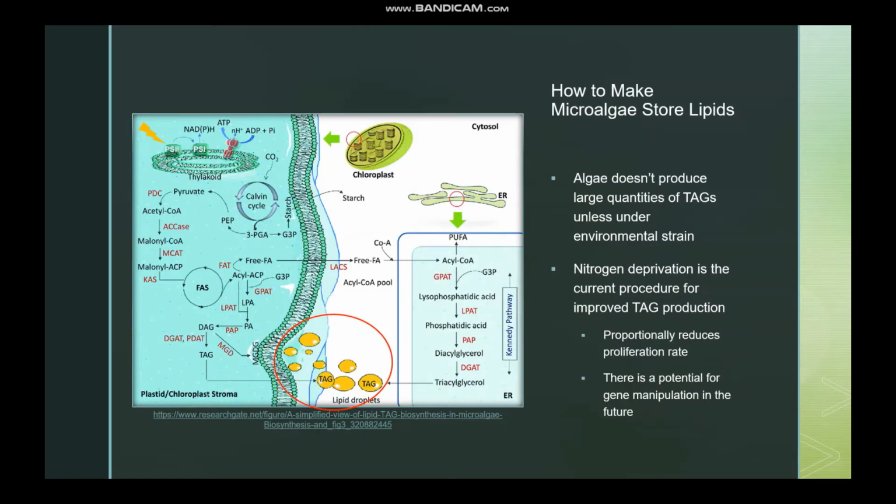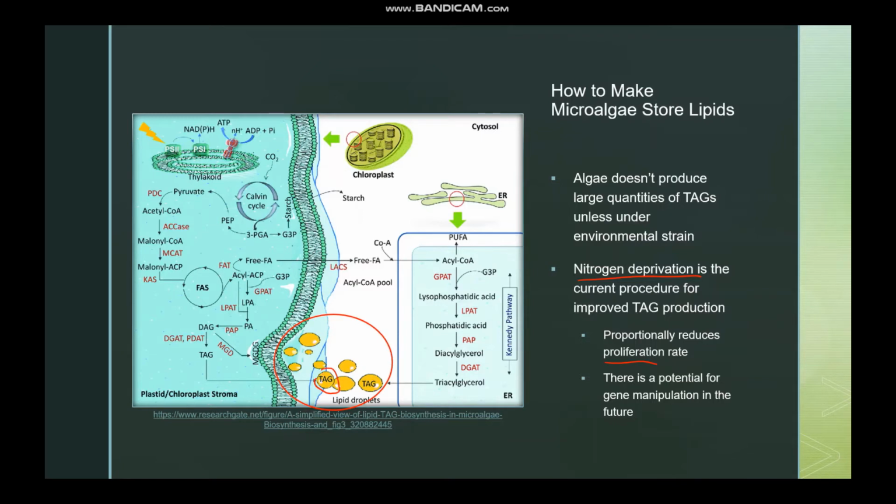So how to make microalgae storage lipids? Algae doesn't produce large quantities of TAGs on their own unless they're under environmental strain. So in order to put them under environmental strain, what is done is called nitrogen deprivation. So when you have algae that is nitrogen deprived, it will want to proliferate way less, which is basically dividing and creating more algae. It'll proliferate way less because it thinks it's gonna die, basically, and it'll start storing TAGs right here, which are the lipid droplets,